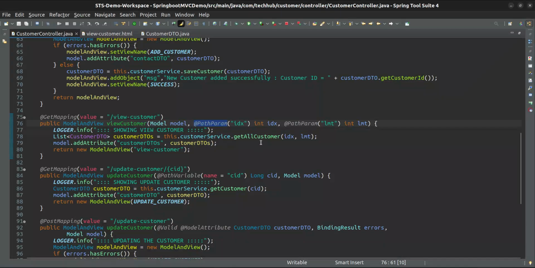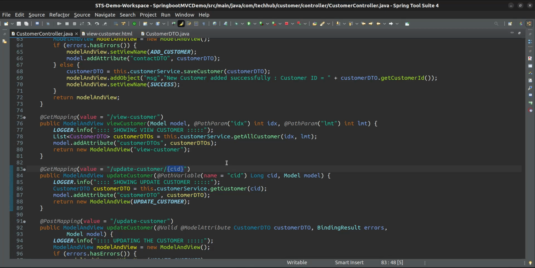And in the same way, with a path variable you can also pass some data in your URL, but that will not be passed as a parameter, that will be passed as the URL itself. Like after the user ID, you just give update customer. After this update customer, you have to